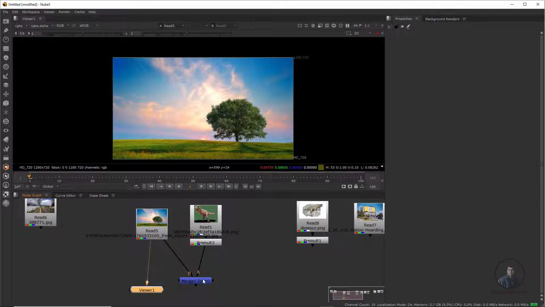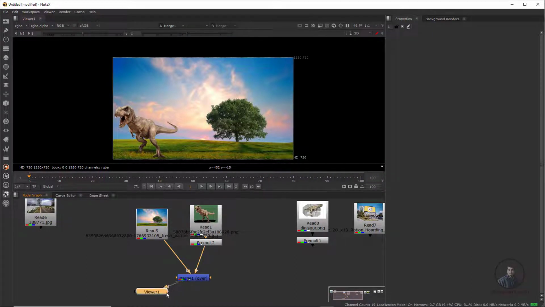Finally we have to view our composite. Remember, whatever you are creating or want to view, you have to connect that node to the viewer, otherwise it will not show anything. Now you can see it's not showing the composite here, though I have created one. So we have to view this merge node output. For this, unplug the viewer from here and connect it to this merge node. Now you can see I have composed this dino image on top of our background.